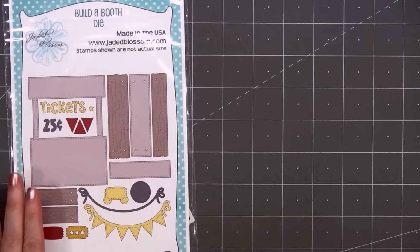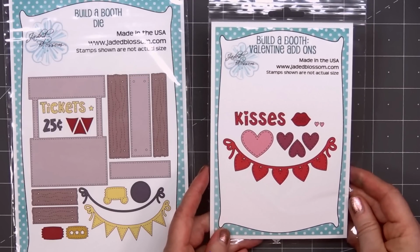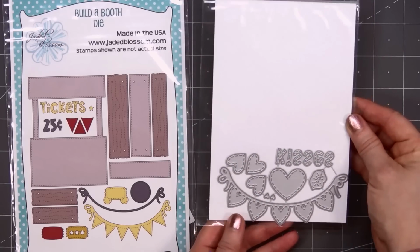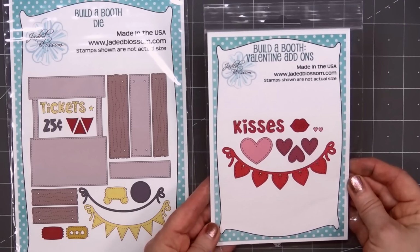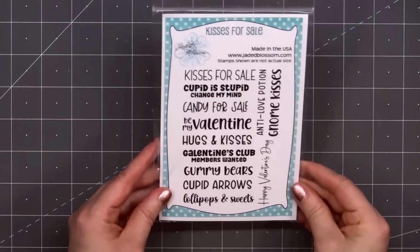Jaded Blossom already has one add-on available. This is Valentine add-on, and this set includes the heart garland, the sentiment kisses, several different sizes of hearts, and also some lips. Next up is a stamp set called Kisses for Sale, and this is designed to use with